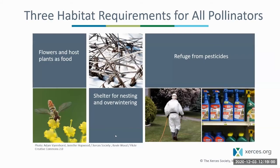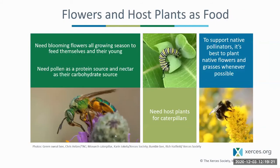So, what are the habitat requirements for pollinators? It's really quite simple. There's three things. They need food, they need shelter, and they need to not be killed in their habitats. So their food would be flowers and host plants. Their shelter is required for nesting and overwintering, and then they need refuge from pesticides. So I'm going to talk about each of those